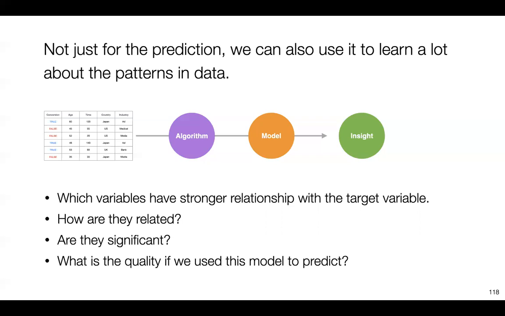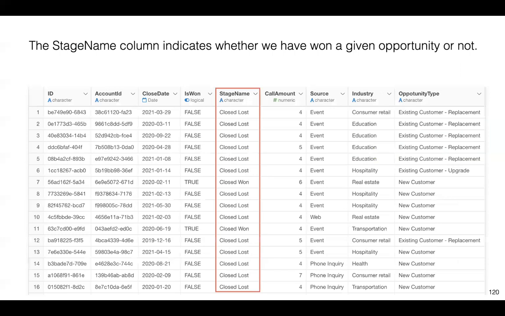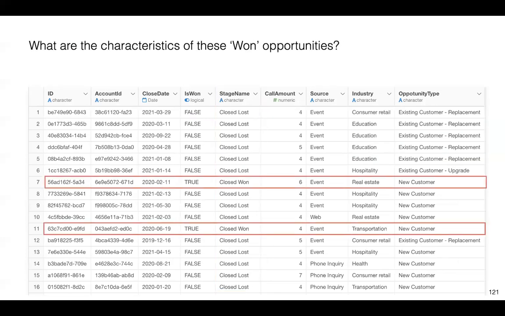And also, if we build this model and make predictions, what is the prediction quality? Is that something we can rely on, or is it something where maybe 30% of the time it works, but 70% of the time it doesn't? Those are the things we'd like to investigate by building the model. Okay, so we have the opportunity data, and there's a column called stage name. This column has Closed Lost or Closed Won. And I'd like to understand what makes the difference between lost and won. Okay, and then